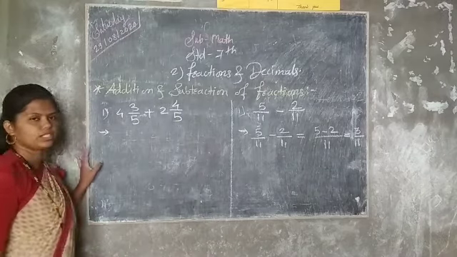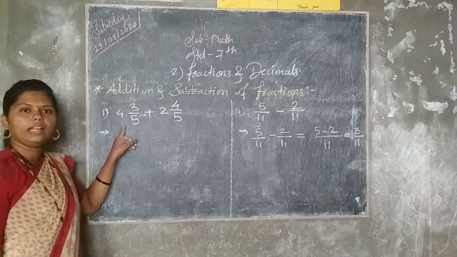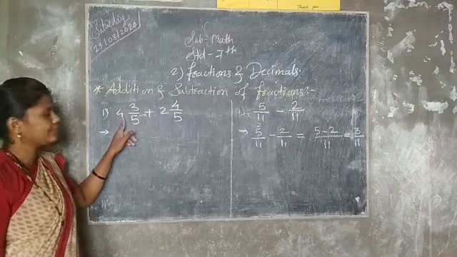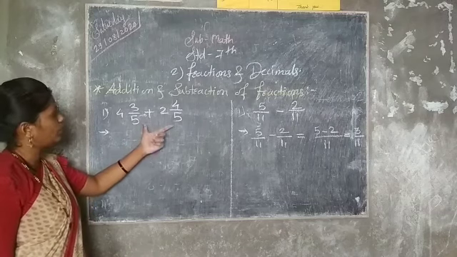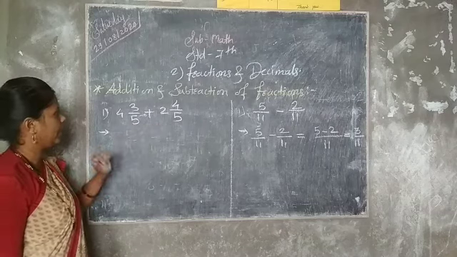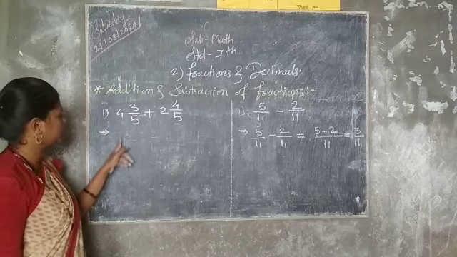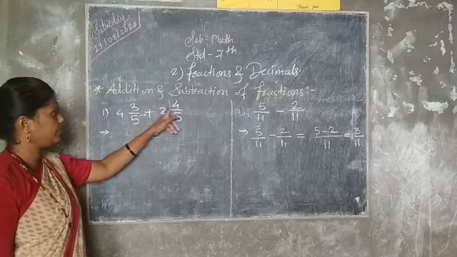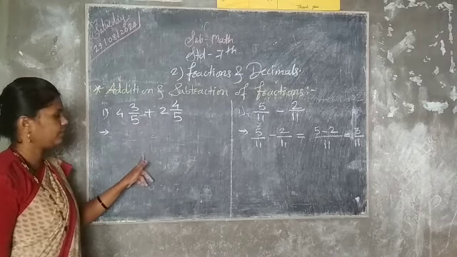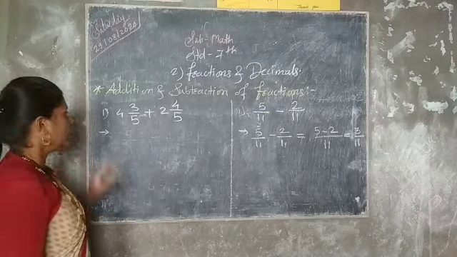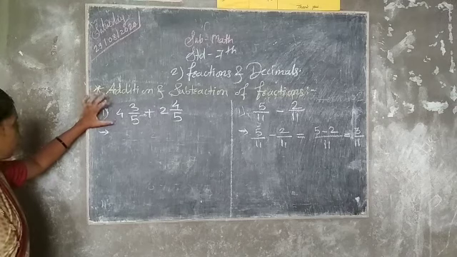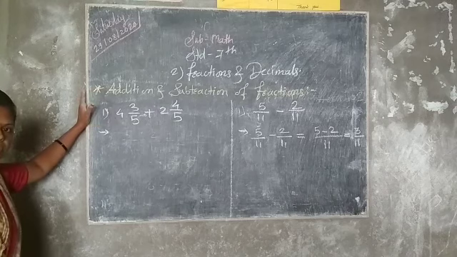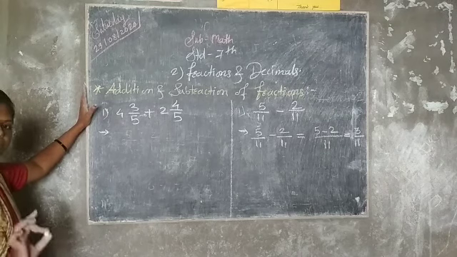First we will do the addition. You can't add the mixed fractions as they are. See, some students say, yes, their denominators are the same, so we can add. They add 4 plus 2, 6, they write here, and 3 plus 4, 7, and the denominator 5. No, this is the wrong method. Every time your fractions should be like fractions, not mixed fractions. Here you have to convert the mixed fractions into simple fractions.